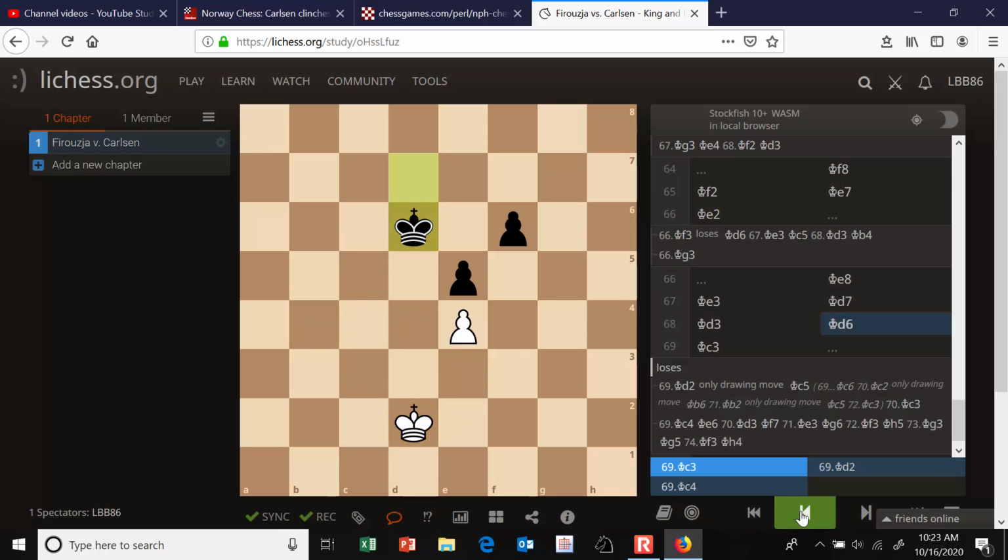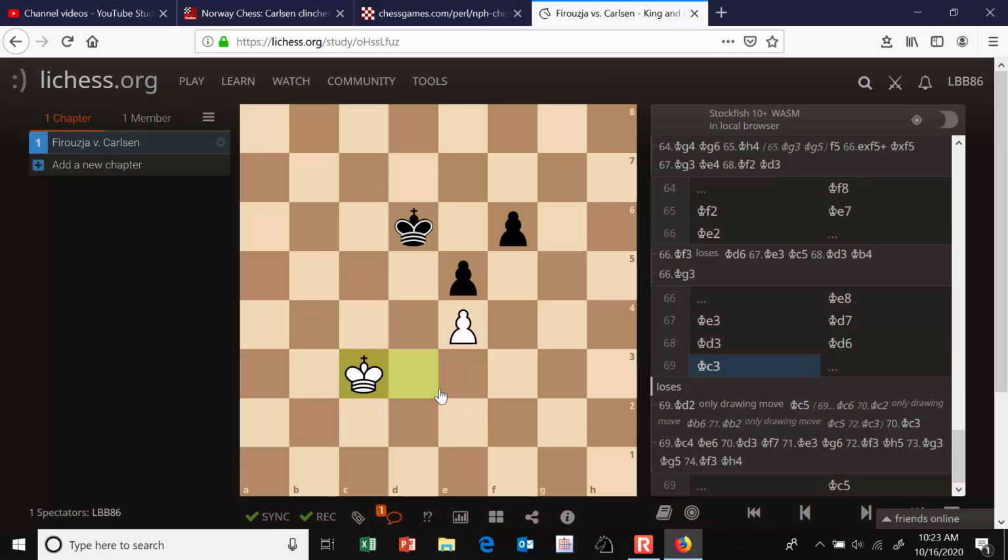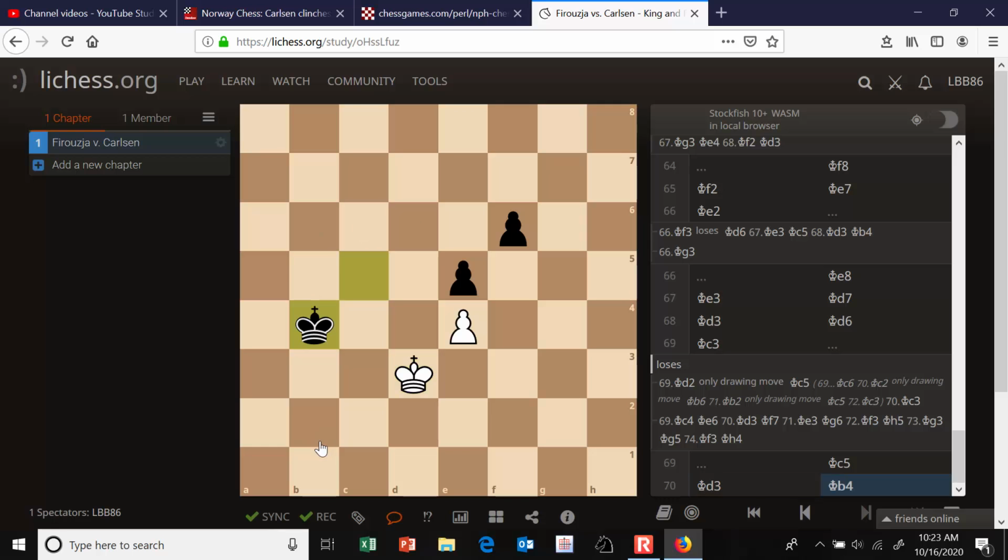Okay, Firouzja made the mistake of playing king to c3 in this position, and then Carlsen grabs the opposition with king to c5, and white resigned. So white can't protect the key squares anymore. If he moves over here, black's going to grab that b4 square. Just to show one other losing move